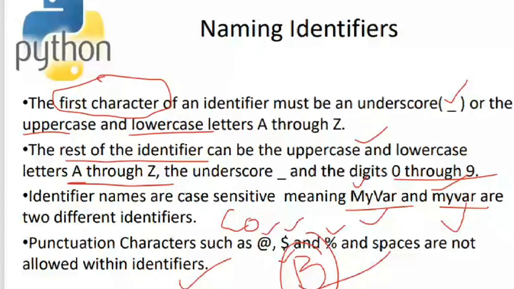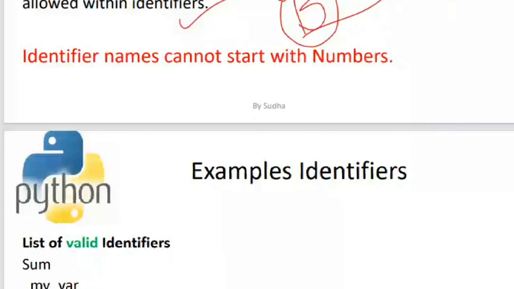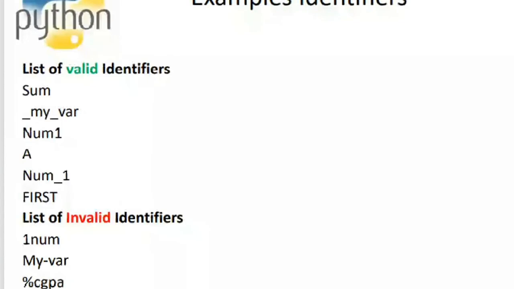So understanding these rules of how to name an identifier, let us now take some examples of identifiers which are valid and not valid. Now, this is valid. I said there can be an underscore inside your identifier, so this is valid. I can have a numerical value, but it should not be the first letter of your identifier. So this is valid. Capital letter A, of course it's valid because it's permitted. And number underscore 1, all uppercase letters, yes, it's valid.